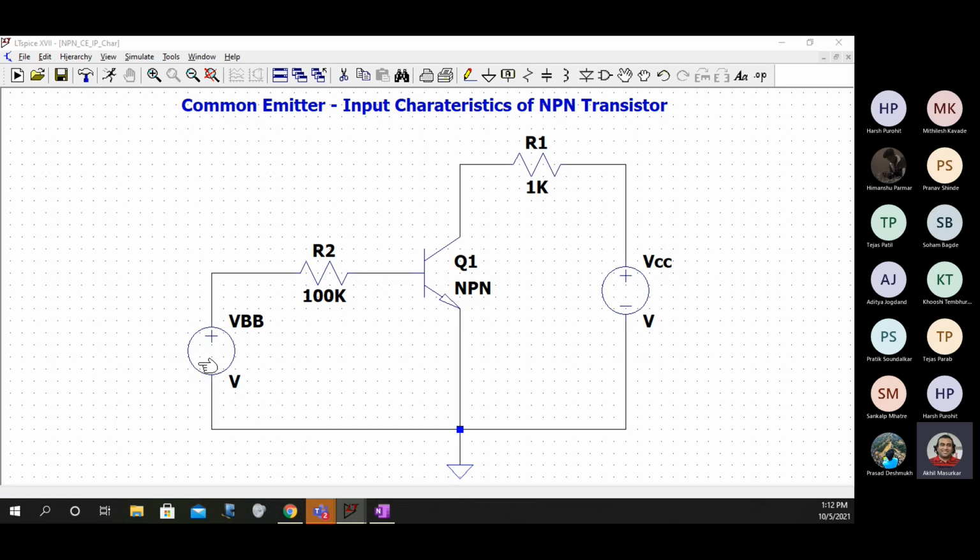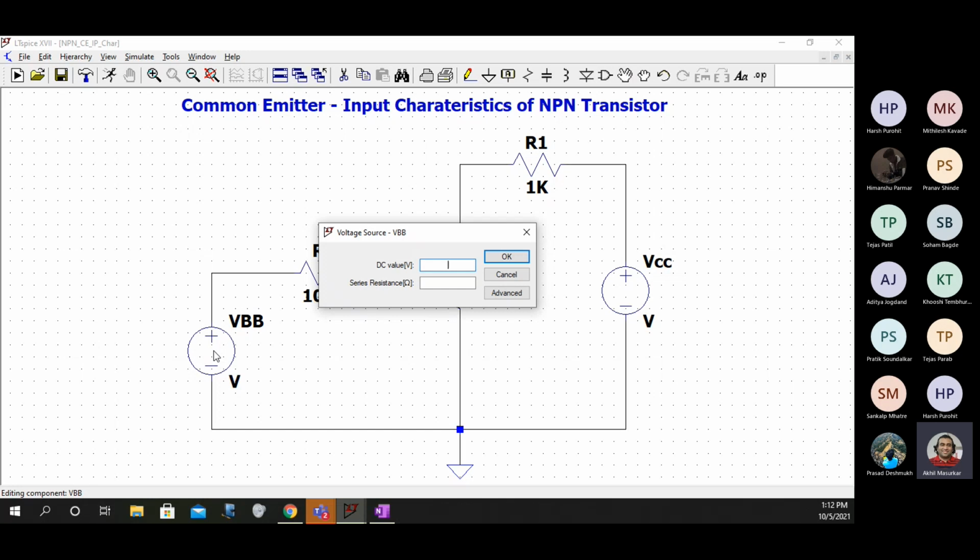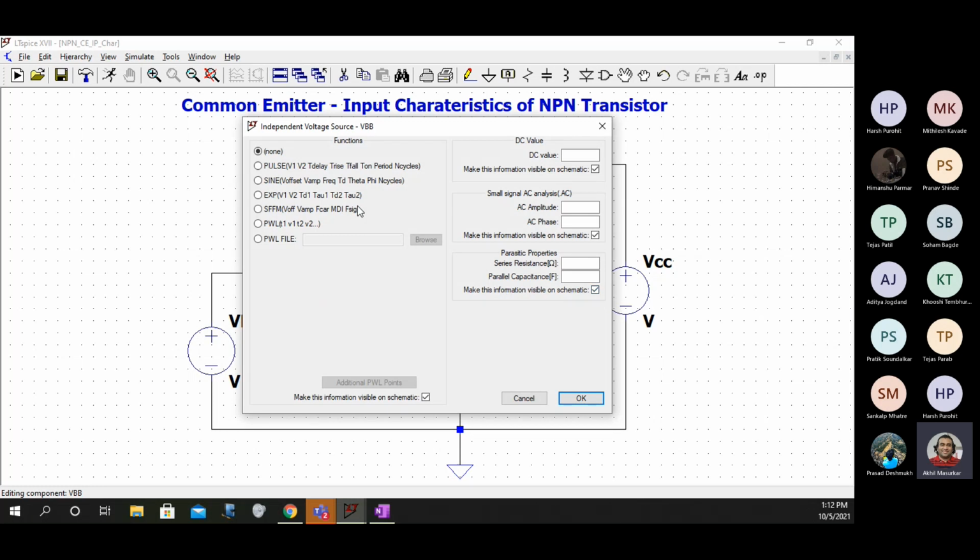And in the output characteristics, you will be keeping input fixed and output will be varying. So now you right click on this VBB, right click on the source, go to advanced and see to it that here the value is none. So please do that.